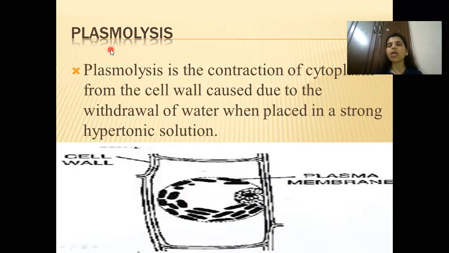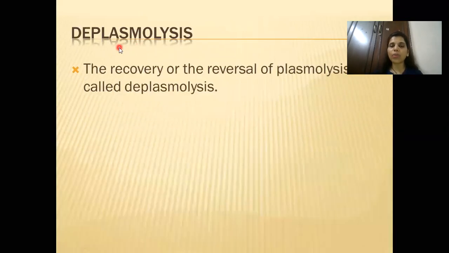So if it is shown an animal cell and in that if the shrinkage is taking place, for example RBC, human RBC is an animal cell. So the shrinkage of RBC, can you call it plasmolysis? No, you will call it flaccidity. But when it is with respect to plant cell like raisin, that's a plant cell. So it has cell wall. So when the cytoplasm is moving away from the cell wall, that particular state or condition or contraction of cytoplasm is known as plasmolysis. So I hope children it's clear about plasmolysis.